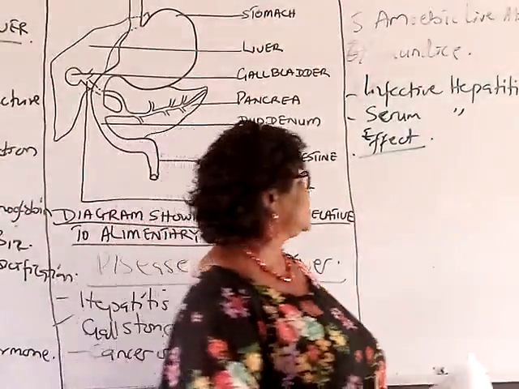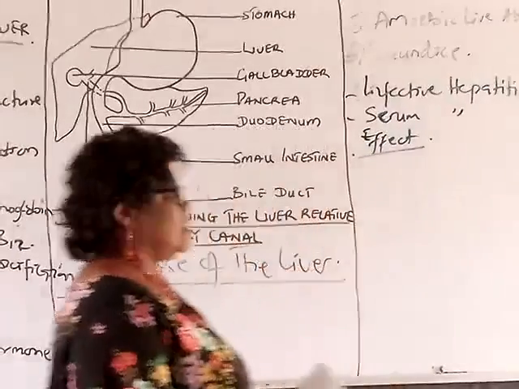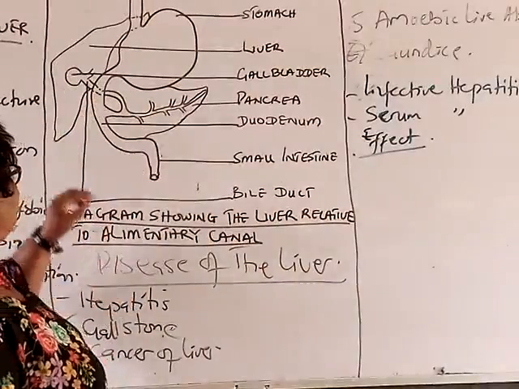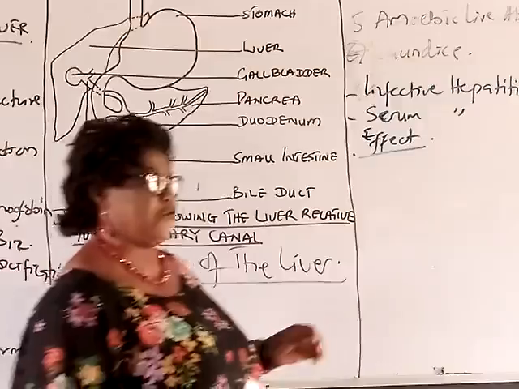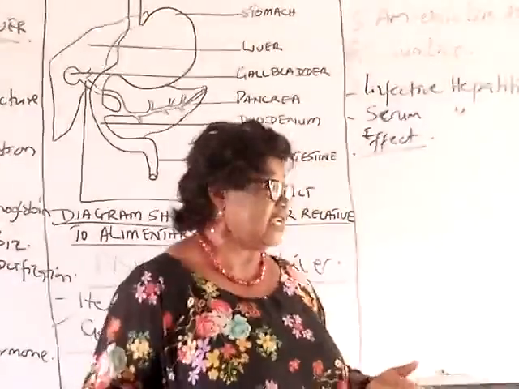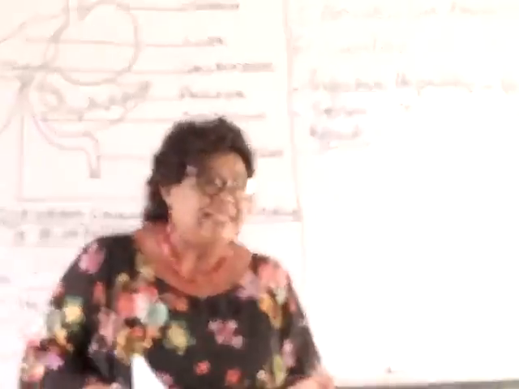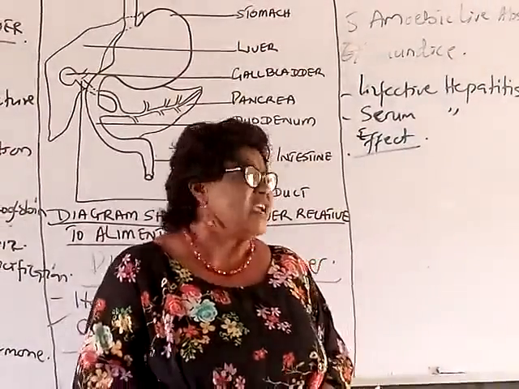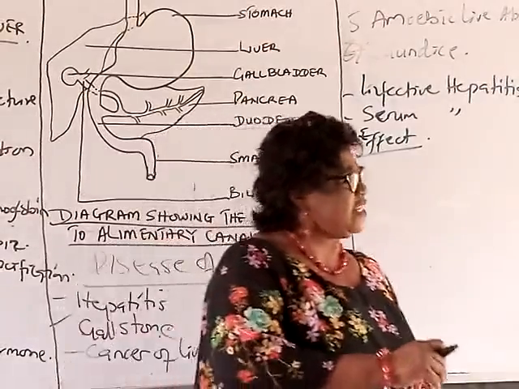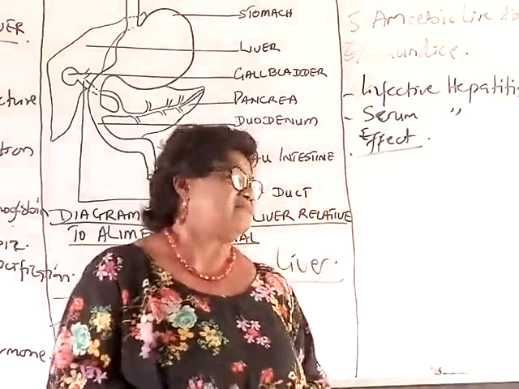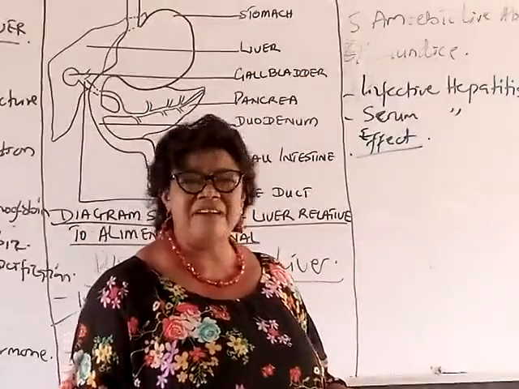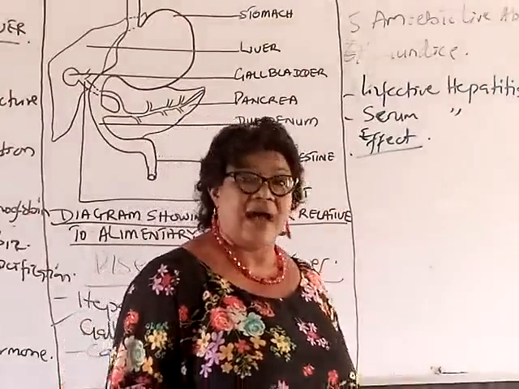Now, another disease is the one we call gallstone. Now, this is the gallbladder here. Remember, if you come across a liver, let me use the little one we do at home. We dissect chicken virtually every day. When you look at the liver and bring it up, you will see something greenish lying on top of the liver. Inside of it is a fluid, greenish or greenish yellow in color, very viscous and bitter, and it can be removed.